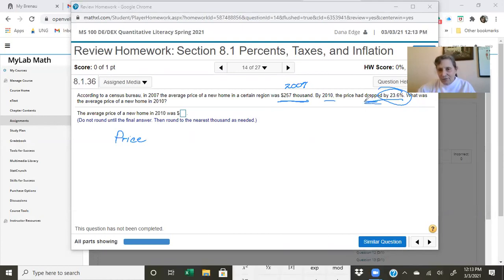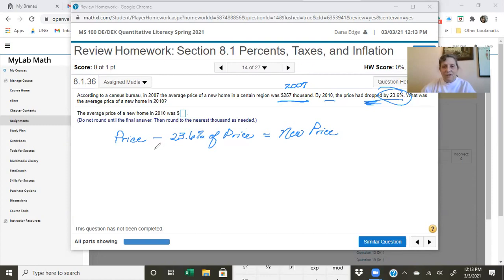So in this case, we've got a price that dropped. So the original price minus 23.6% of the price gave us the new price. And as I said, they can either give you the new price or they can give you the old price. The old price looks like it would be more complicated, but in that case, all you have to do is do the arithmetic. The old price was